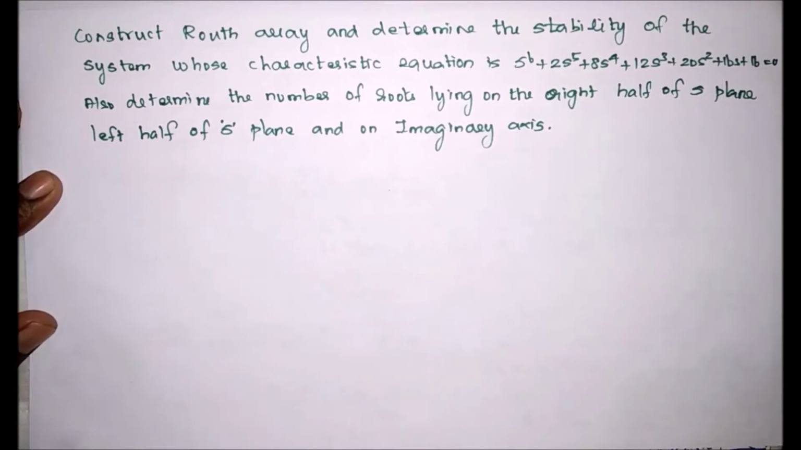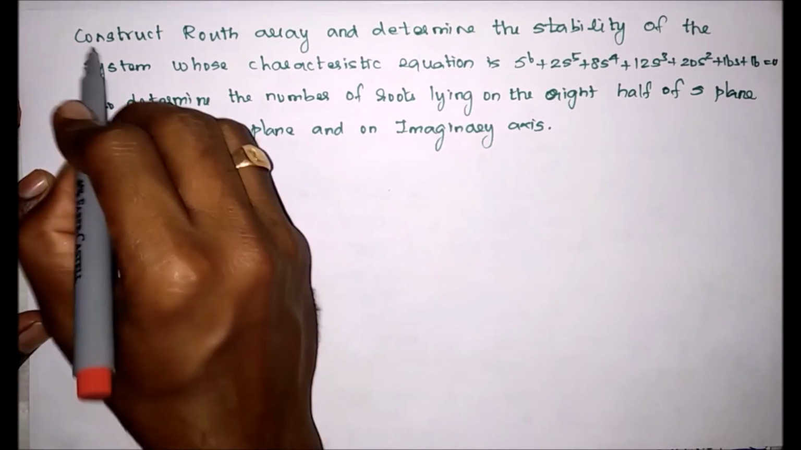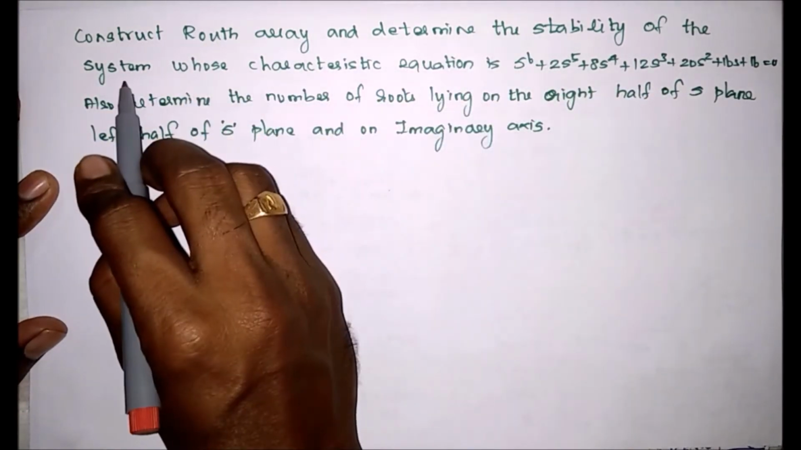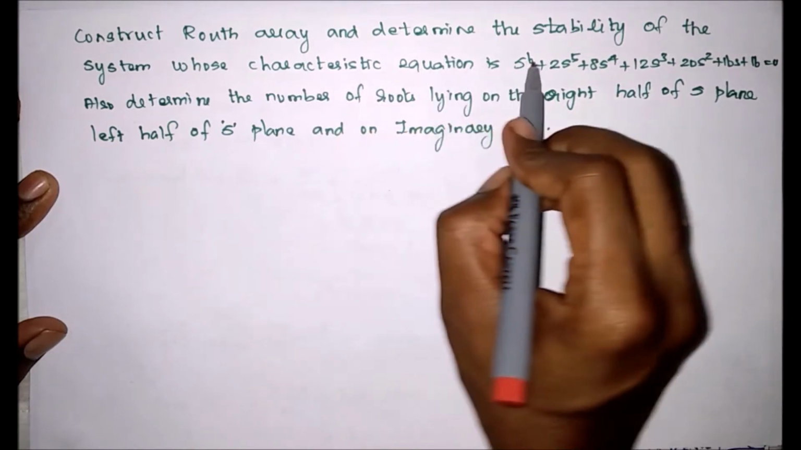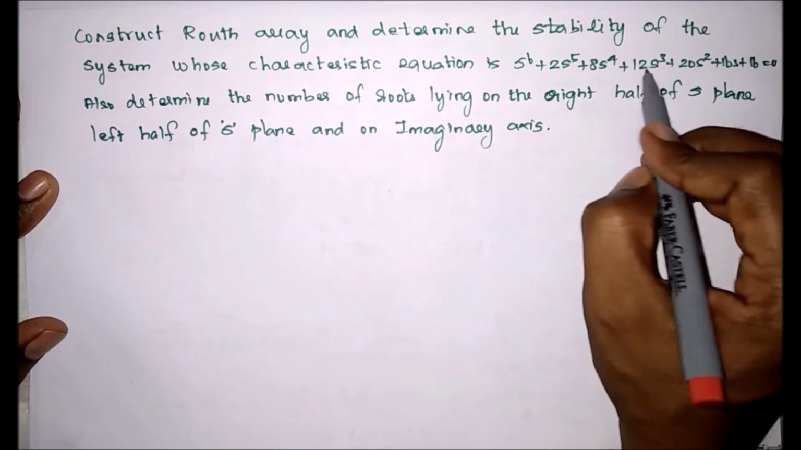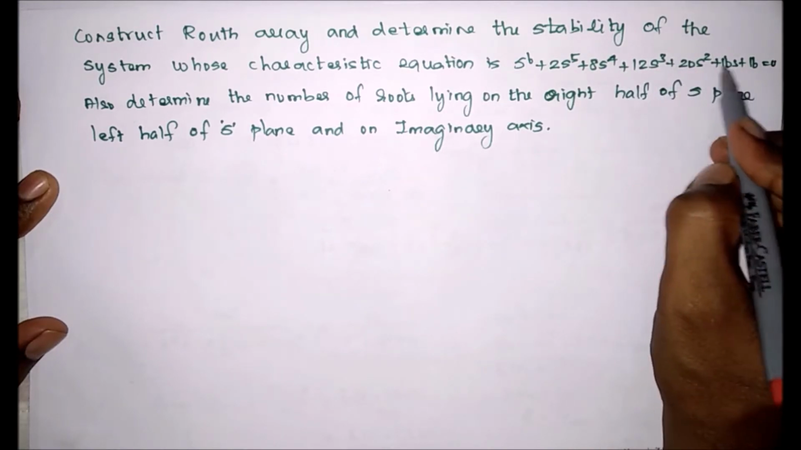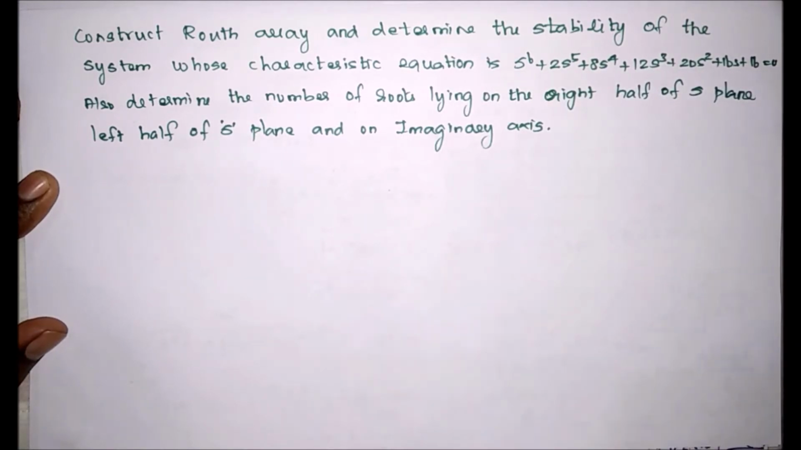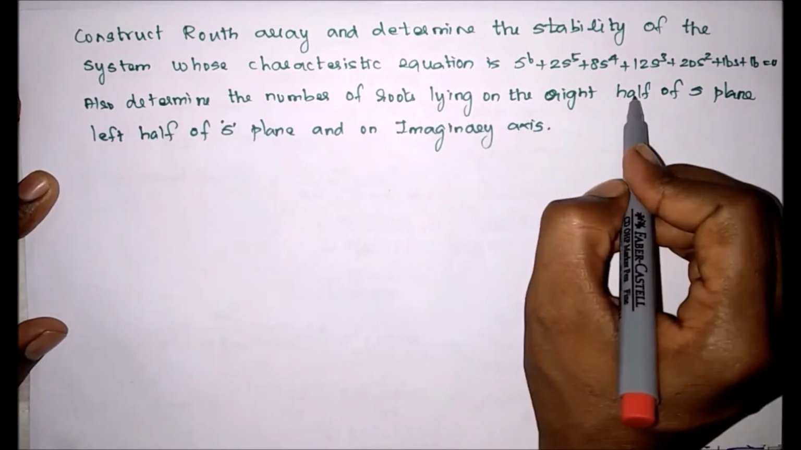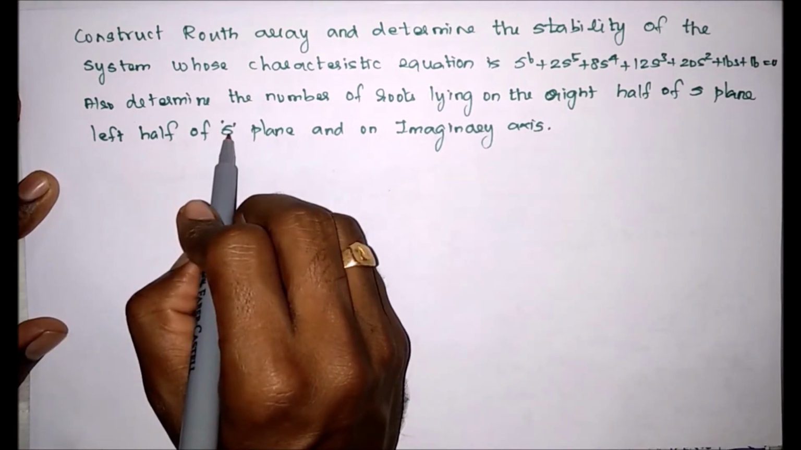In this video, we are going to discuss the stability of a system by using a Routh array or Routh criterion. The given problem is: construct a Routh array and determine the stability of the system whose characteristic equation is s^6 + 2s^5 + 8s^4 + 12s^3 + 20s^2 + 16s + 16 = 0. And also determine the number of roots lying on the right half of the s-plane, left half of the s-plane